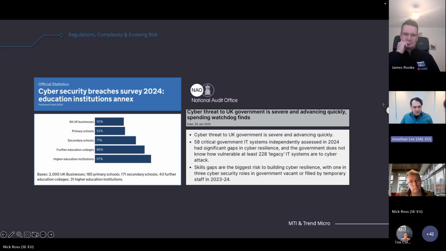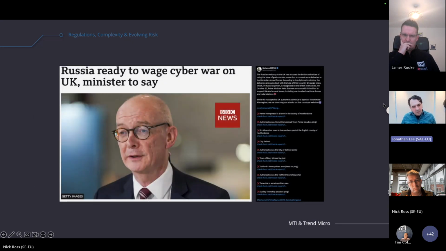So it paints a really challenging picture of an advancing threat, a move to digitalisation, but also a need to go further and stratify and quantify risk. And we all know that geopolitically things are tricky at the moment. This is Pat McFadden, member of the cabinet. He was talking about Russia ready to wage cyber war on the UK. Now, sometimes you can think these things are just quite hyperbolic, but actually no. On the right-hand side of the screen here, we've got an example of local authorities that suffered denial of service attacks recently that were caught in the crossfire, as it were. They weren't doing anything themselves, but because of the UK support for Ukraine, they were being targeted by a threat actor.